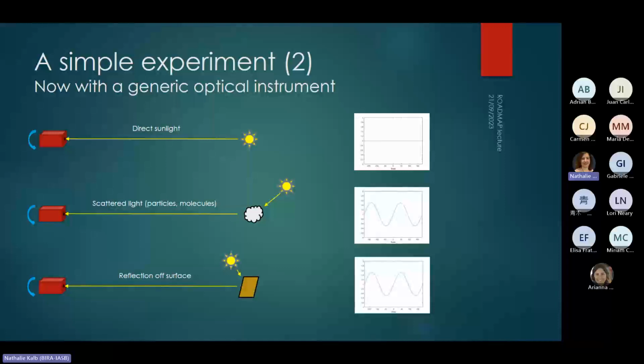something else happens. Direct sunlight, nothing. For scattered light from particles or molecules, you see this pattern. It goes up and down and up and down and up and down. The pattern repeats itself after 180 degrees, not 360 degrees, 180 degrees. And the reflection of a surface does a similar thing, yes. So something happens when light is scattered or reflected,